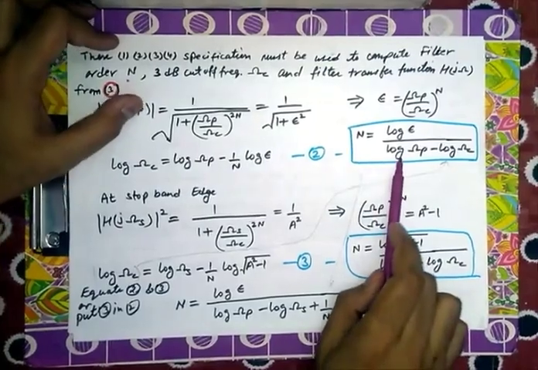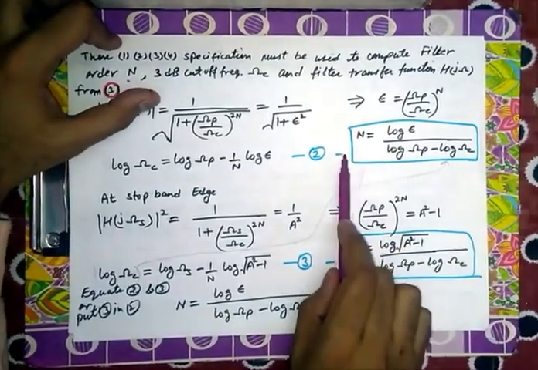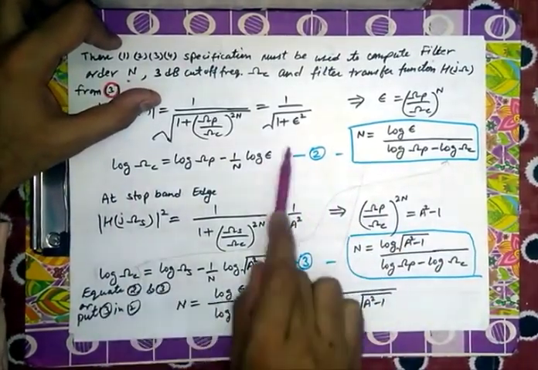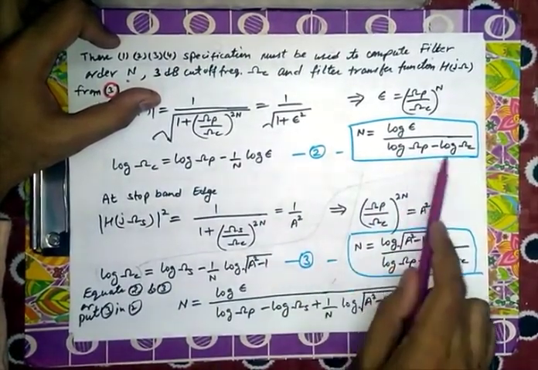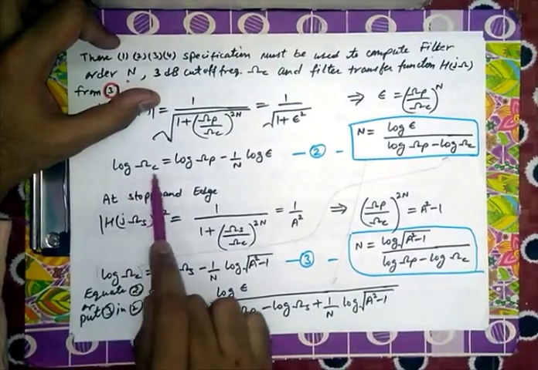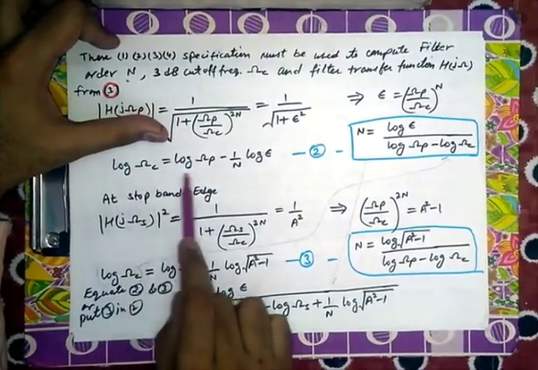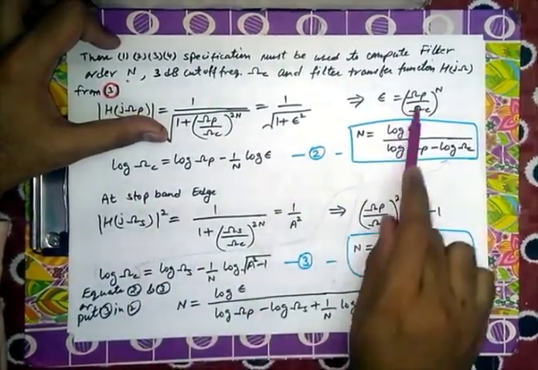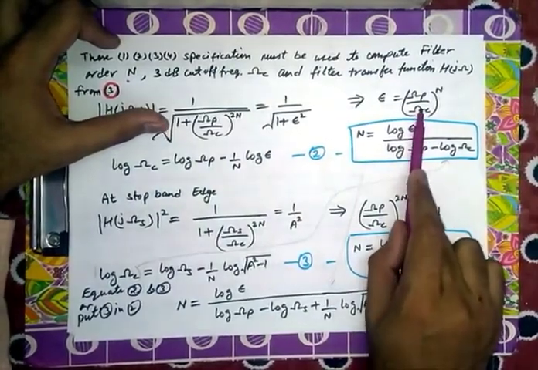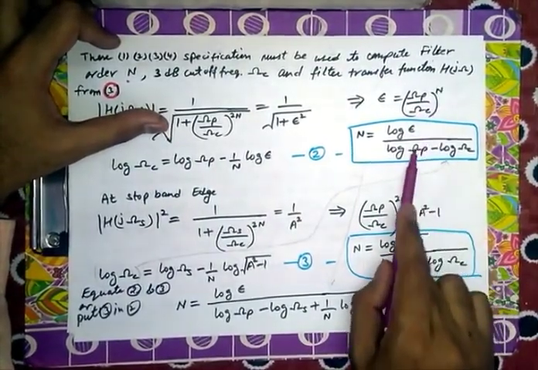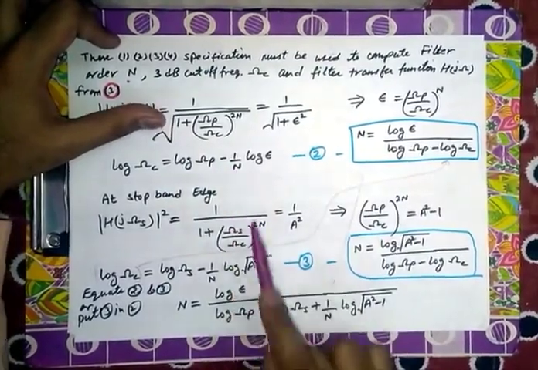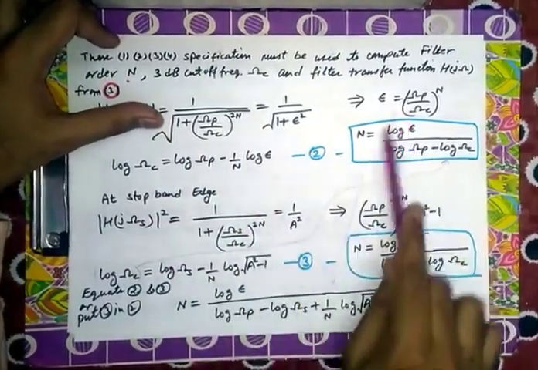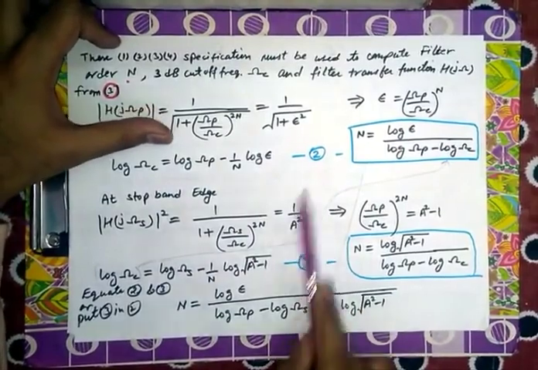Further, this log form equation can be written in this form again by cross multiplying. After cross multiplying and finding log omega c on one of the sides, it becomes this. All three equations are basically the same. This is the linear equation, the normal equation, this is the logarithmic equation, and this is nothing but the same equation in a different form. So all three equations can be called equation number 2.